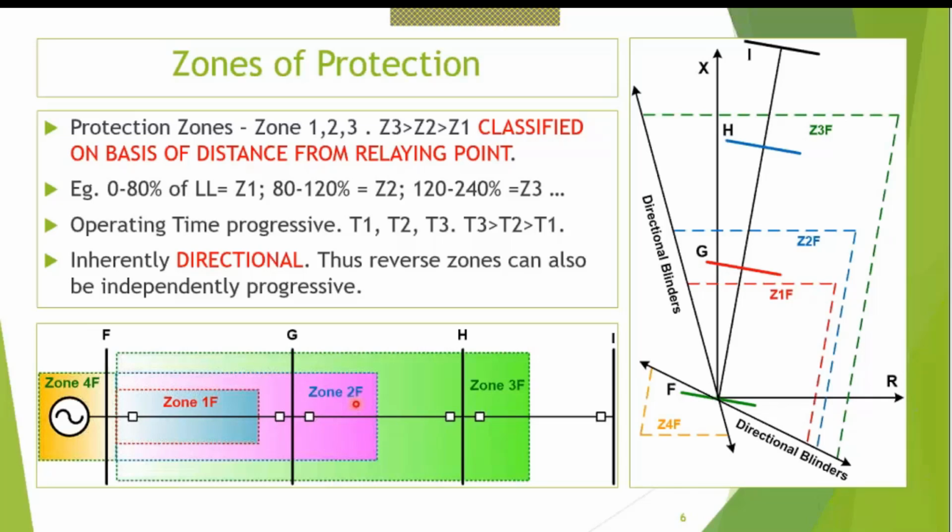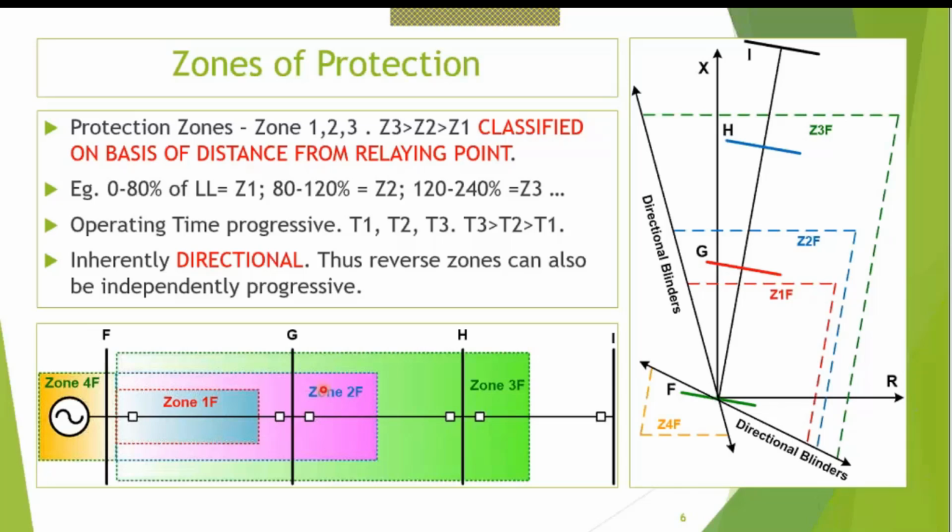What have we known about faults? You have to clear it fast, you have to be selective. Speed, selectivity, reliability. These are the 3 pillars of protection. Speed is fast, selectivity is most vital. All our meetings and all mail shipping takes place because protection is not operating selectively. It is losing selectivity, operating somewhere where it should not operate. These things happen. So distance protection is a very easy and useful method of having